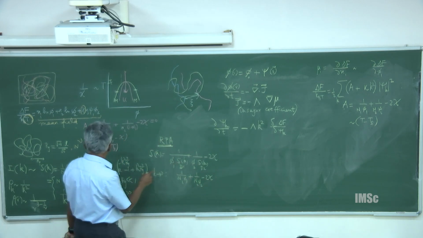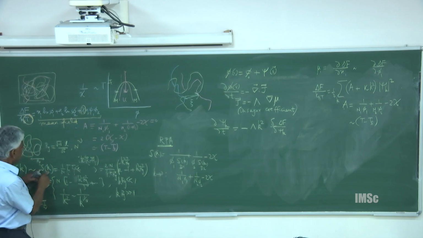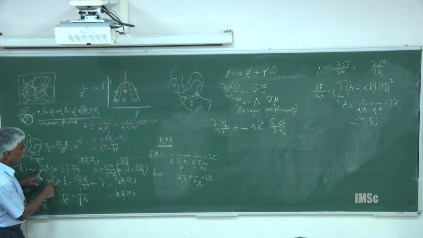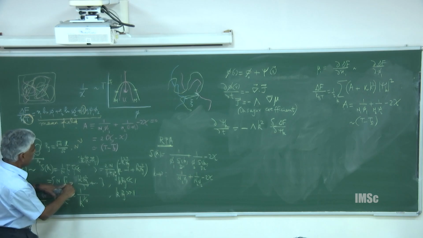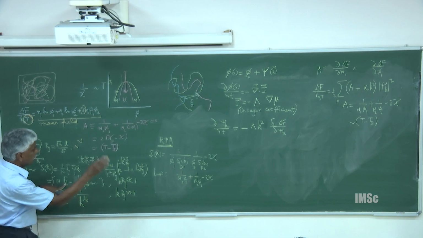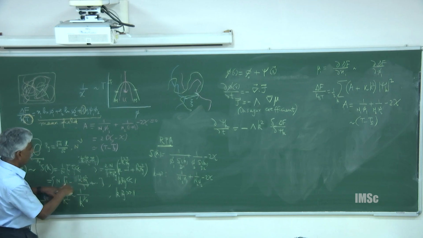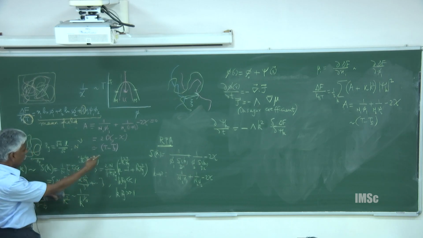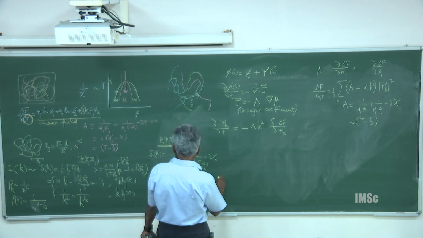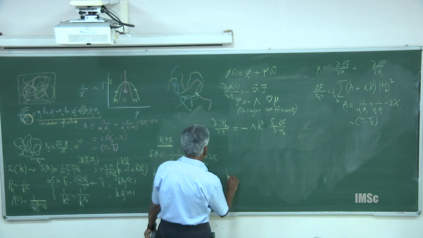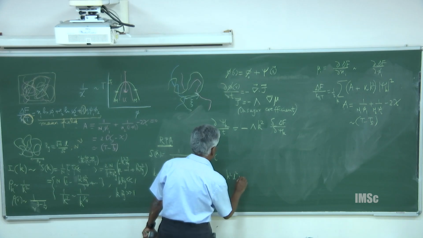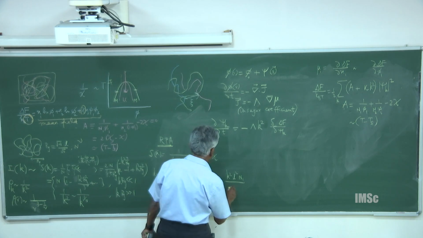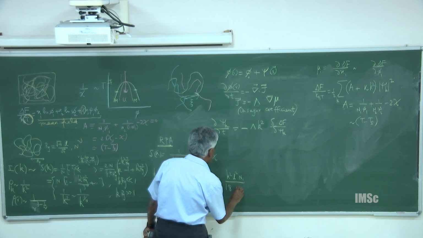Then I can expand this S1 of k. I already told you S of k goes like n1, in this case that's my n1, and then the denominator 1 minus k square Rg square by 3. So, I am going to put in the numerator, I will pick a term k square, 1 divided by 1 minus will give me 1 plus k square. So, that will give me plus k square, and you can tell me Rg square goes like L square n1 divided by 6, and then there is 3, that will be 18, and then I have here n1.